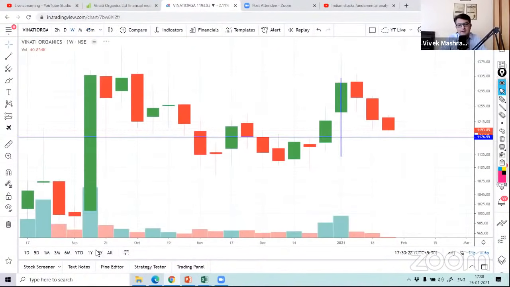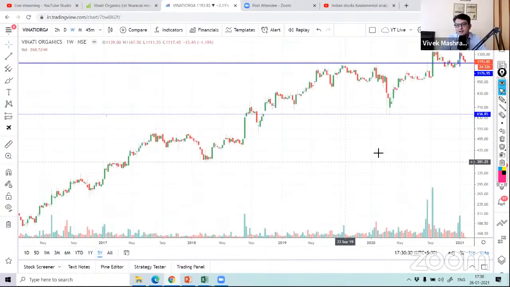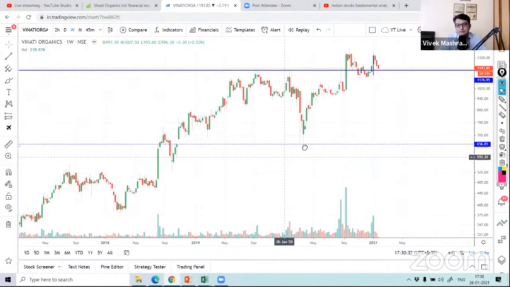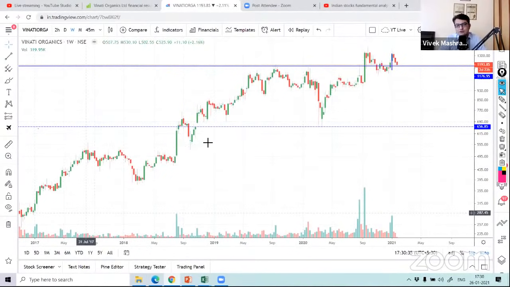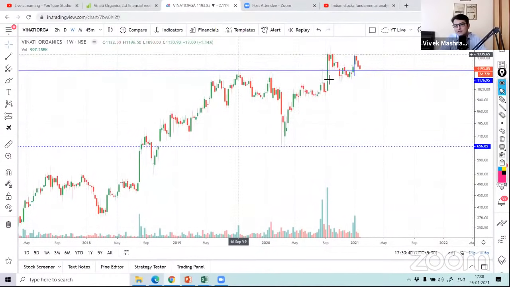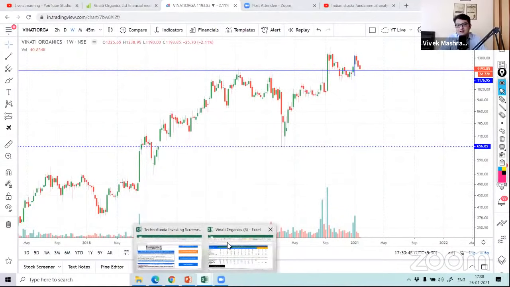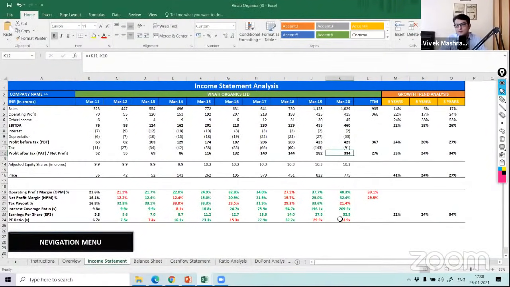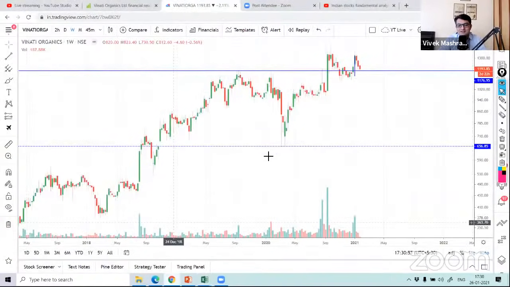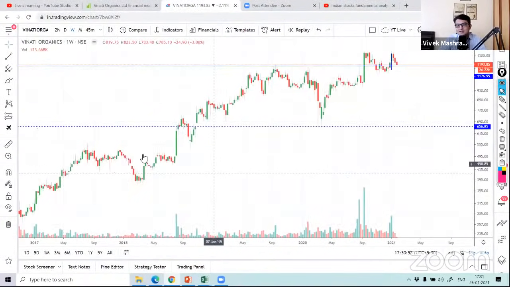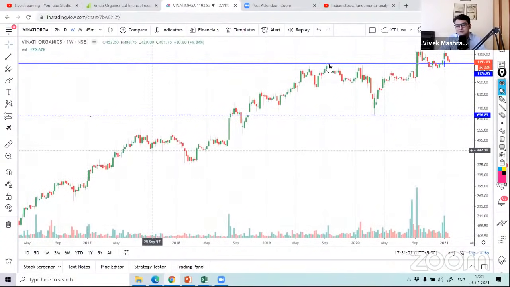So let's create a long-term chart, and this is what you will see. See, from 2018 to 19, there was a sharp run, but now the chart is just waiting for the next move. It is just consolidating for 1.5 years. So here, looking at just the fundamental data, you would have thought I'm entering at a cheaper level, but actually you are not making much money. And here in 2017-18, you might have thought you are getting into an expensive price over here, and then the stock is just making 3x in 1.5 years.